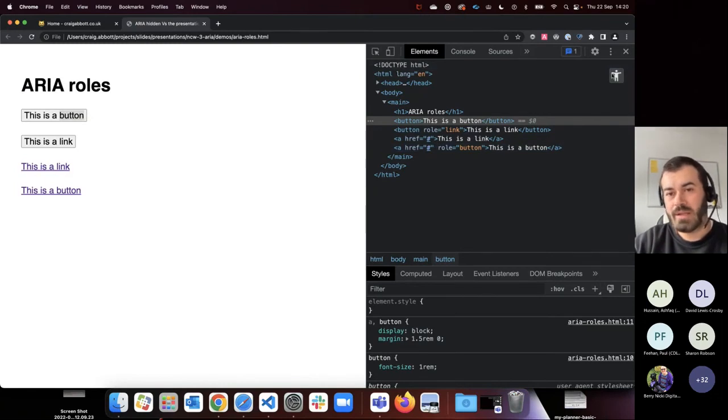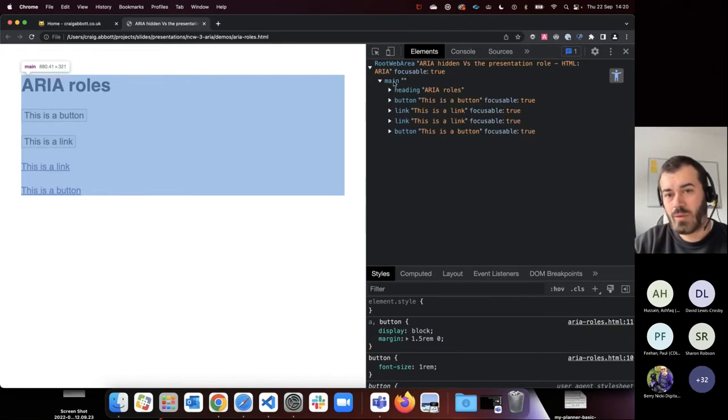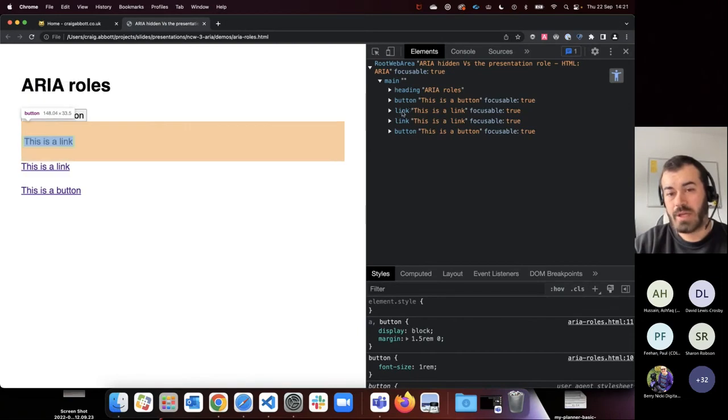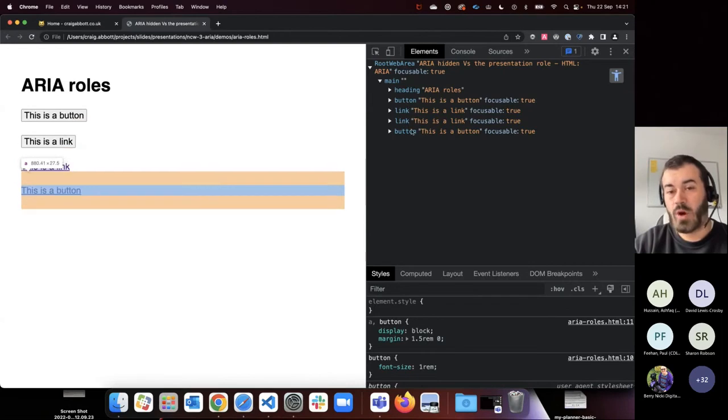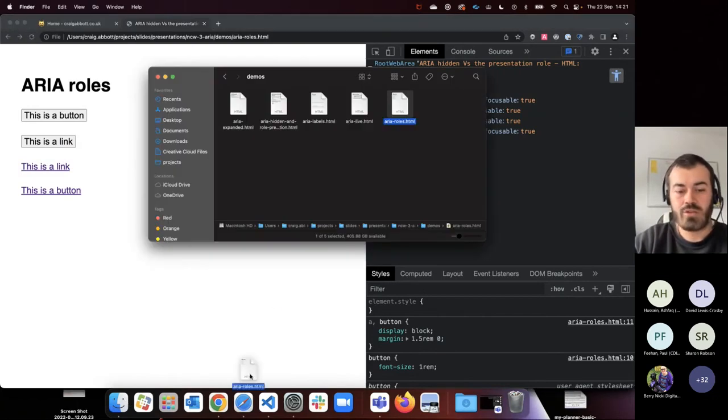If we go into the accessibility tree, we've got a main tag, we've got a heading, we've got a button as you'd expect, and now we've got a link rather than a button because we've changed the role on it. Then we've got the link, which is native, and then we've got the button because we've changed the role on the link. So if I open this up in Safari and hit it with a screen reader,